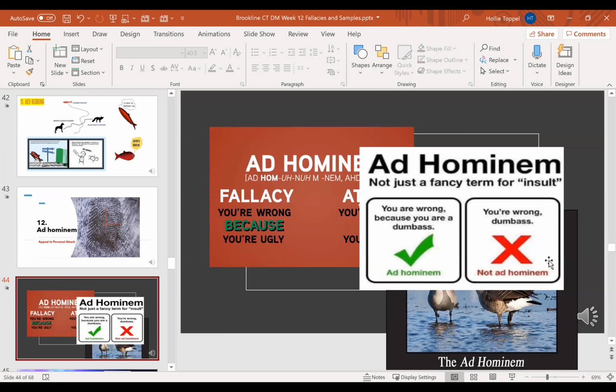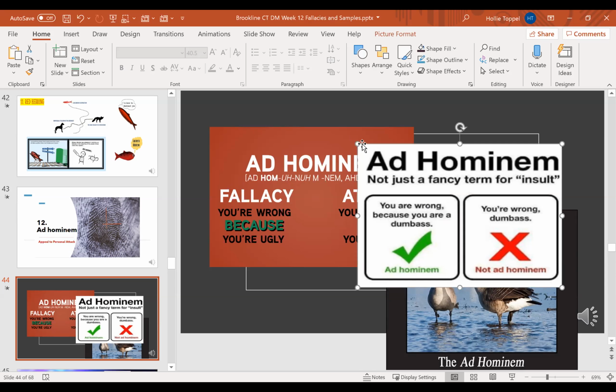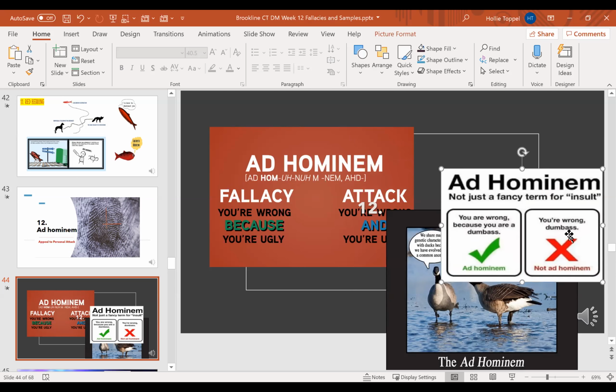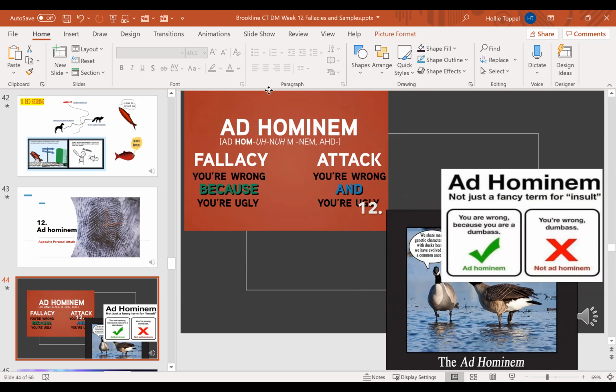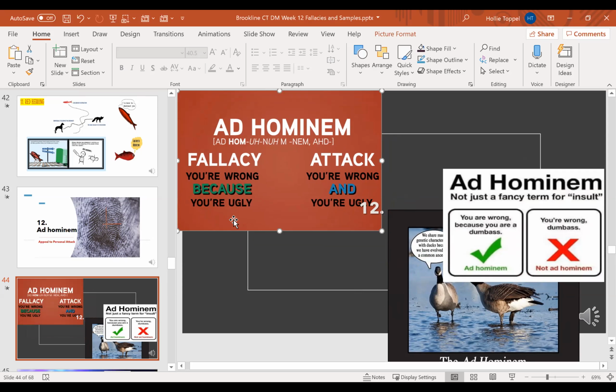So this one is ad hominem. Ad hominem. It's not just a fancy term for insult. You're wrong because you are a dumbass. That's ad hominem. You're attacking the person. Many commercials on all the 360 sides of the political reign really attack the other people instead of saying what they did was good, not the other people, but them themselves. If I was running for office, I'd say all these other people are bad, so therefore vote for me. But when you say you're wrong, then it's not ad hominem, okay? Ad hominem is when you're attacking the personality of a person, not because you have